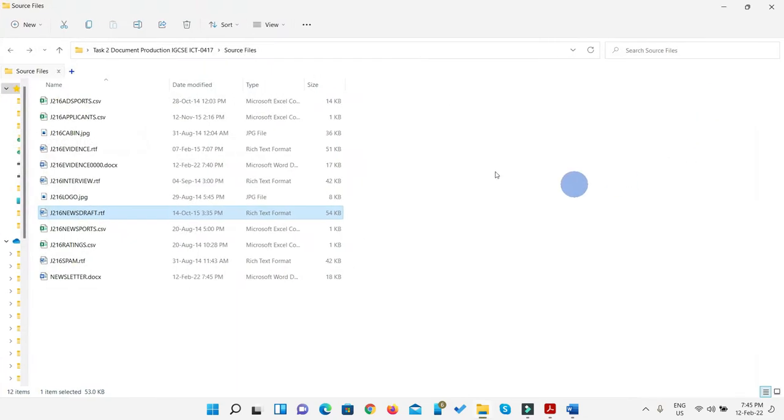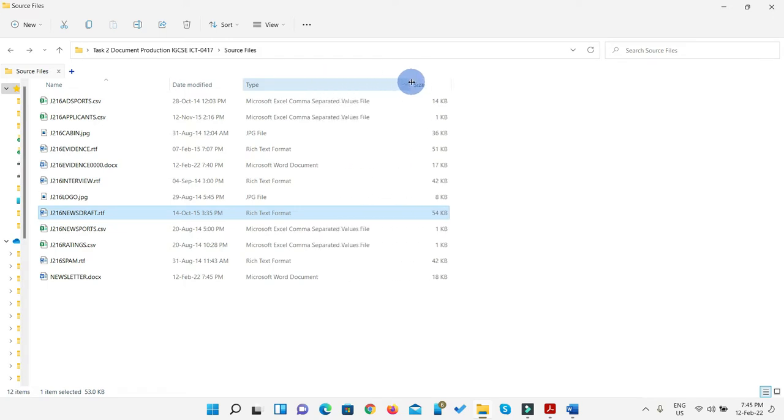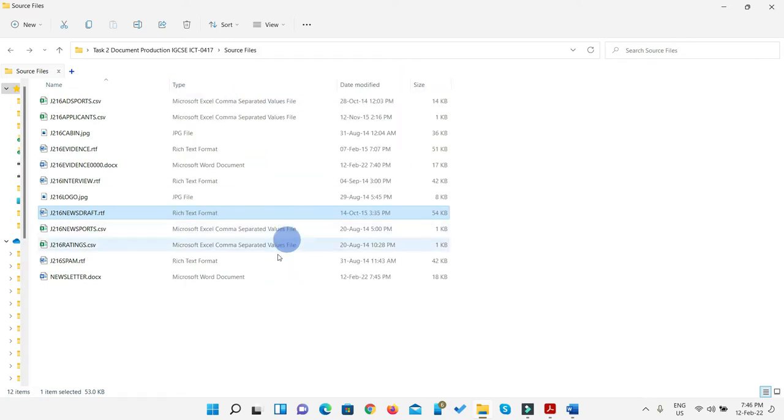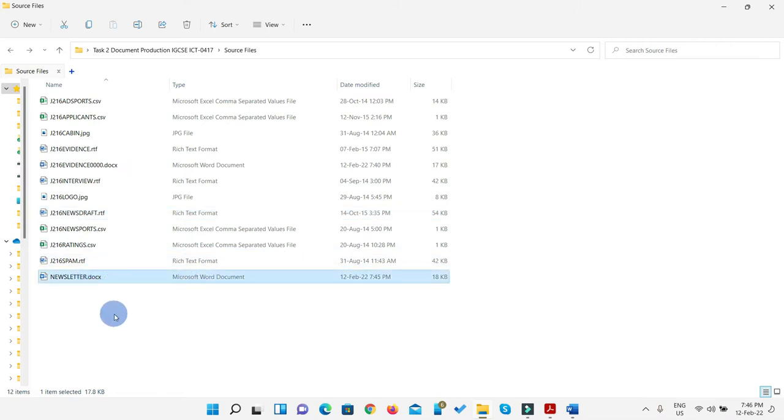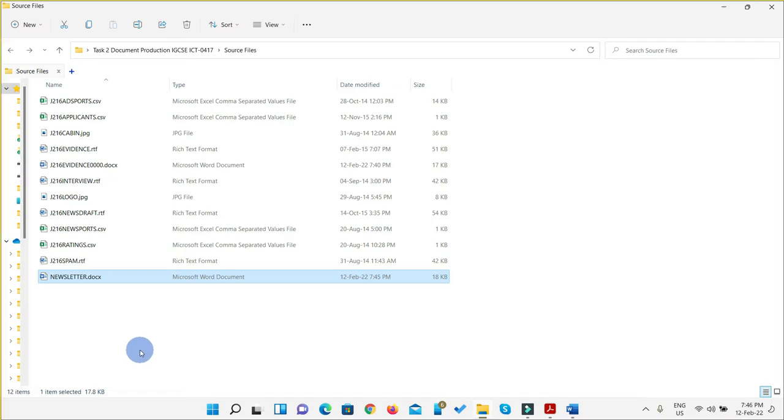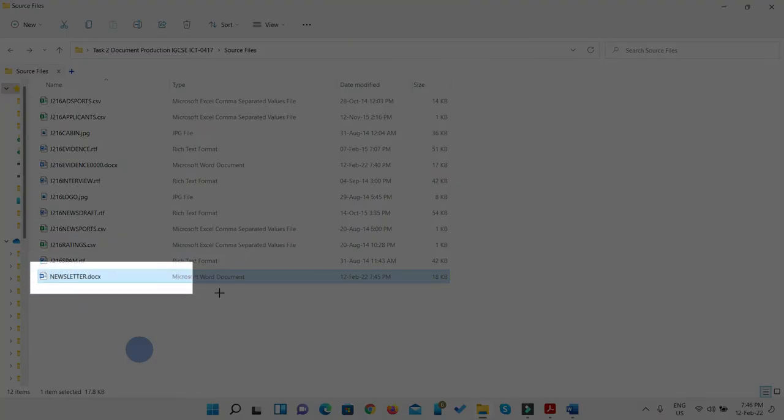As you can see, my file type is also visible, but if it's not completely visible, you can just go to this double-headed arrow and expand it, and you can move it like this. And you can see here, this file, I need to show them that I have saved. So I'm just going to take a screenshot of this,